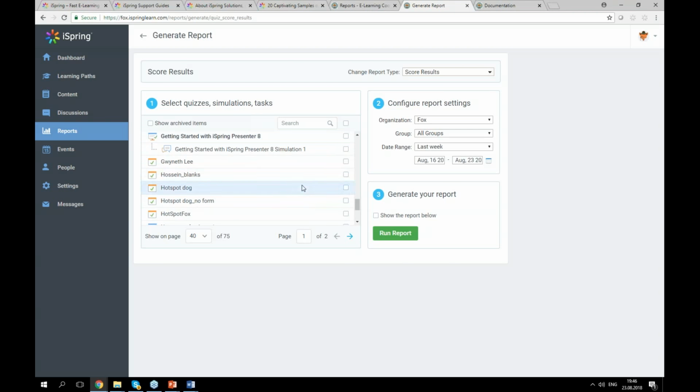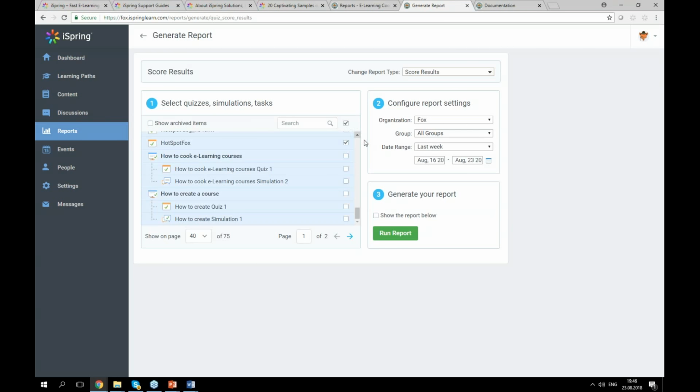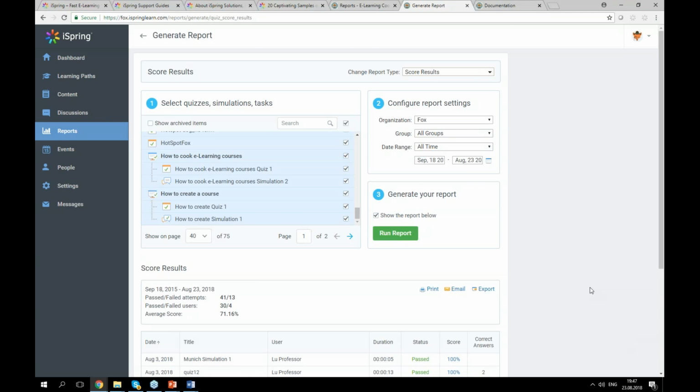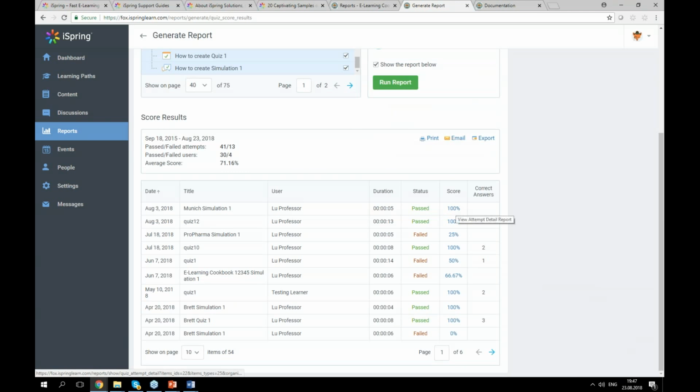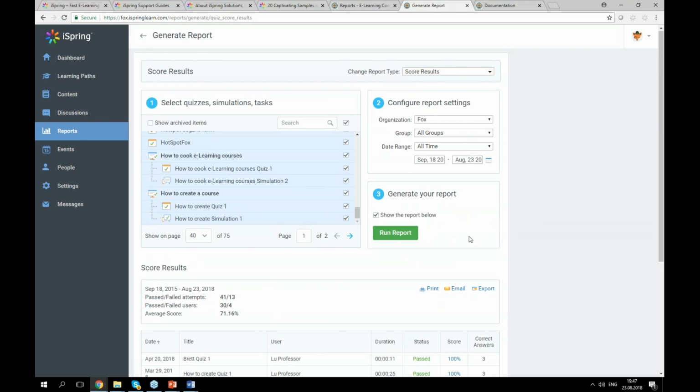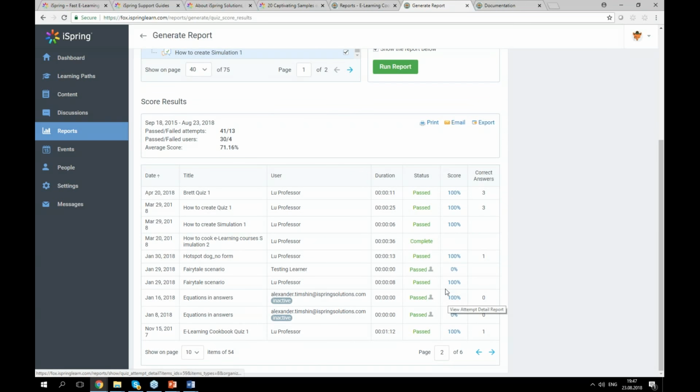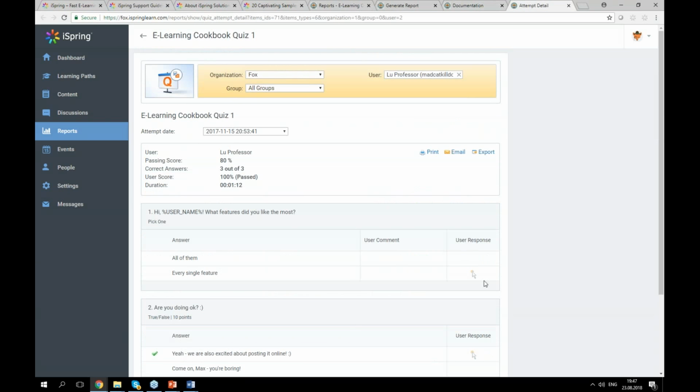Let's find some quiz. Maybe we can even choose all of them. All groups, all time, show the report below. And right here we'll have a list of the courses taken by all of the learners. So whenever you would need to get more details on a particular one, you can just hit on the hyperlink, which is right next to score. So for example, right here, add some detail,